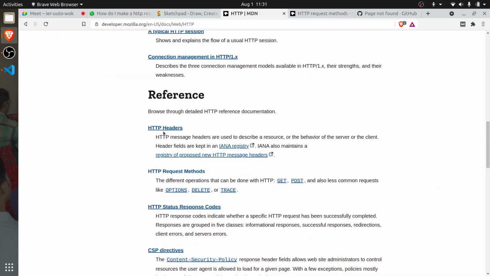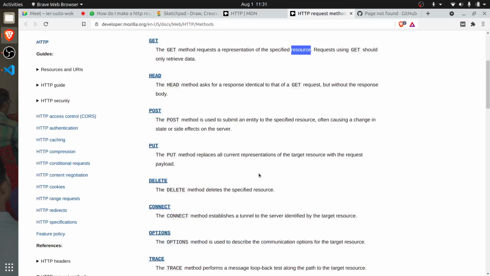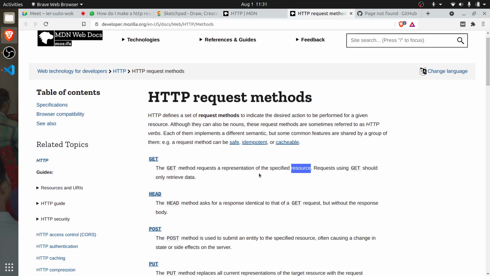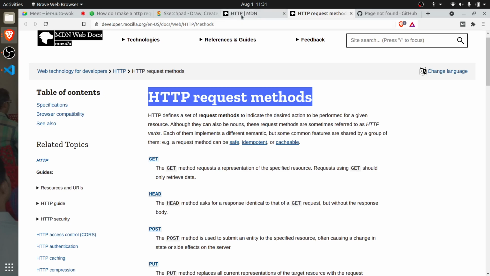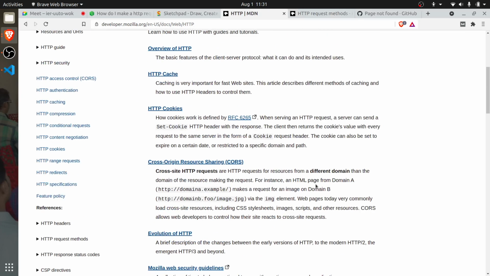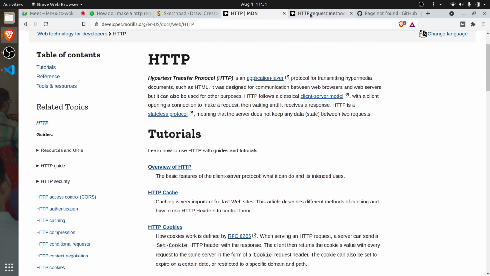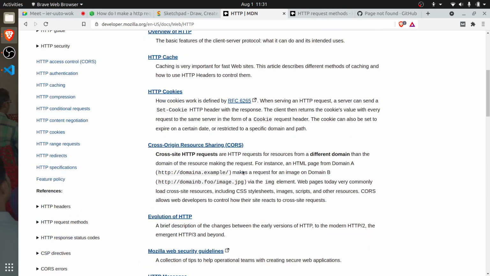We just have discussed HTTP methods, HTTP requests and responses. But what is HTTP? We haven't discussed that yet. Okay. So when you talk about HTTP,